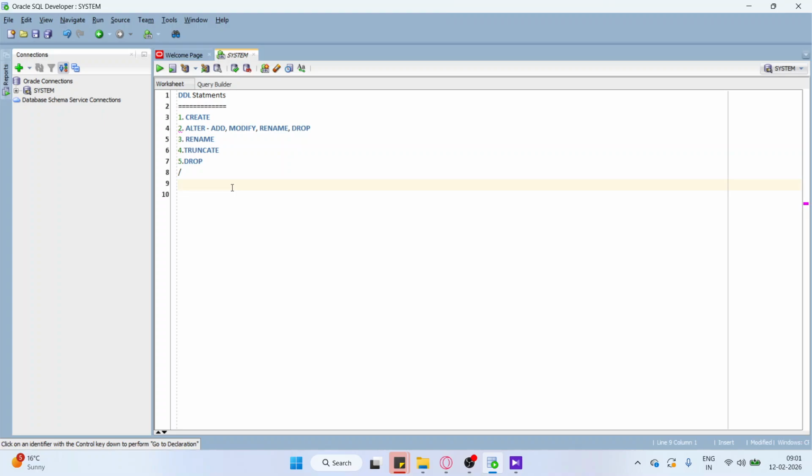So let me create a table first. The syntax for creating a table is create table and then the table name and the columns that you want to maintain inside that table. So table, employee details. This is my table name and I want to include columns like employee number, which is